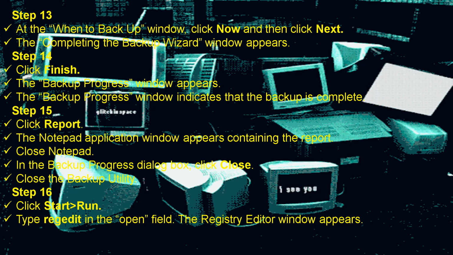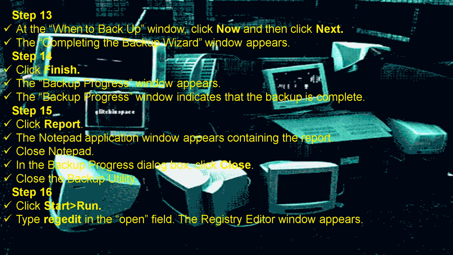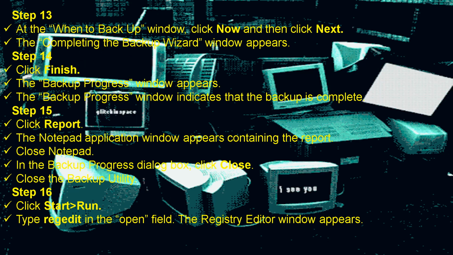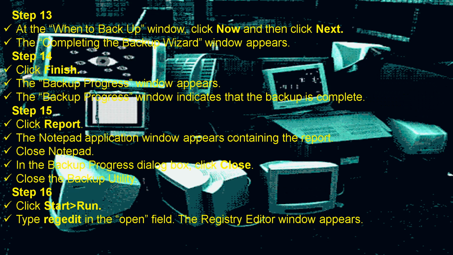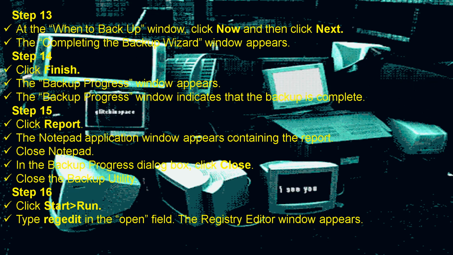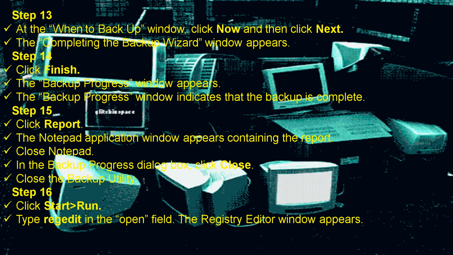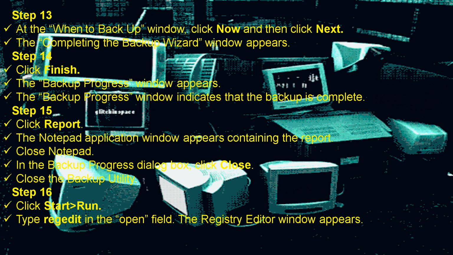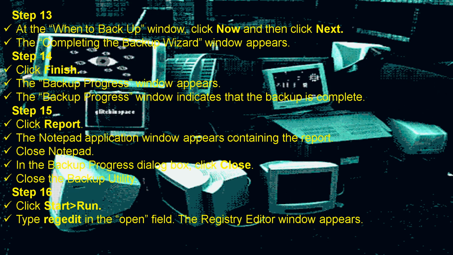Step 13. At the When to Back Up window, click Now and then click Next. The Completing the Backup Wizard window appears. Step 14. Just click Finish. The Backup Progress window appears. The Backup Progress window indicates that the backup is complete. And Step 15. Just click Report. The Notepad application window appears containing the report